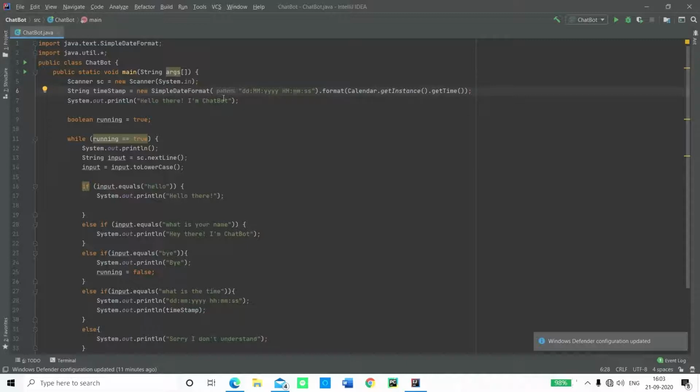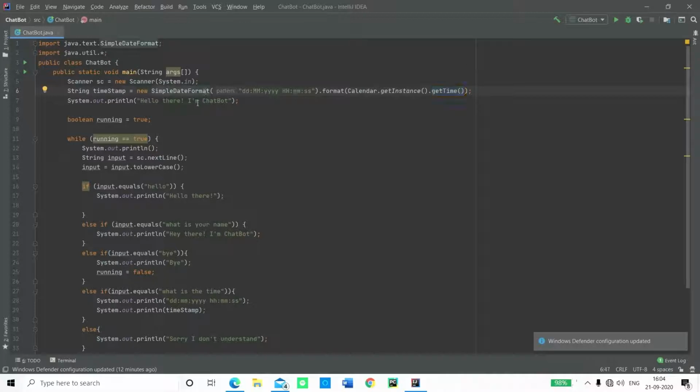Okay, so let's take it in this way. So you need a timestamp. So let's assume that you're going to have to put a sticker of the current live time on your messages as the bot keeps going on and on. So what are you going to do for that? So we're going to consider the new SimpleDateFormat as a new sticker, which is going to be giving us a date in this pattern, and it's going to be showing us the format. This is for getting the format of this. All right, and this is the getInstance of the Calendar, which is a format, and here's dot getTime, which is for getting time from your system.